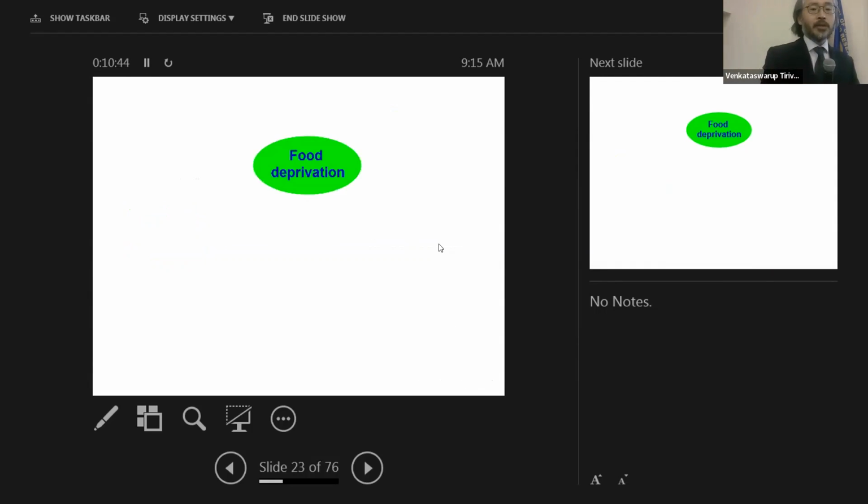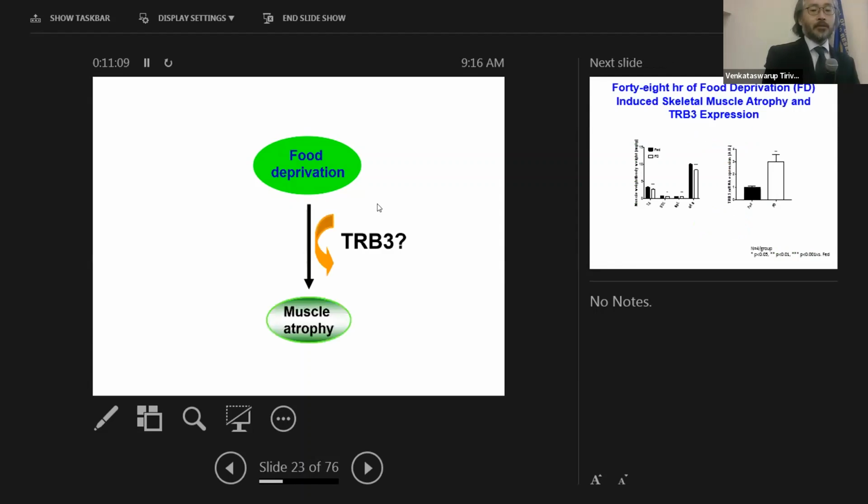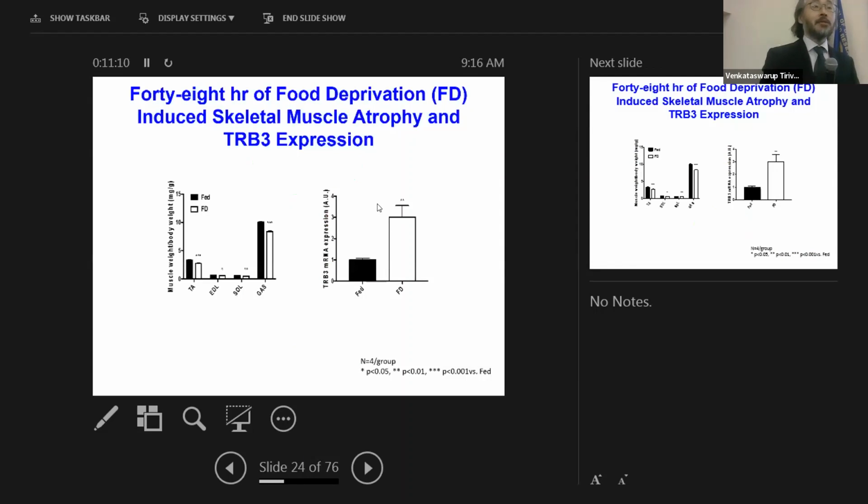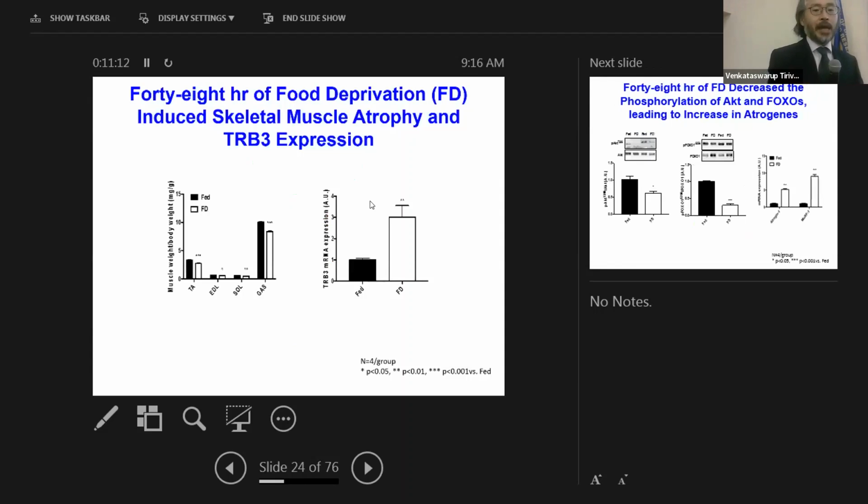This is all the study we did in normal and resting conditions. What if we actually challenge them with atrophy conditions? Can we see something greater change? That's the next idea we thought of. The first atrophy condition we tested was simply fasting mice for 48 hours. That's a very easy way to induce muscle atrophy and see what happens. So first we took normal mice and we fasted them for 48 hours.